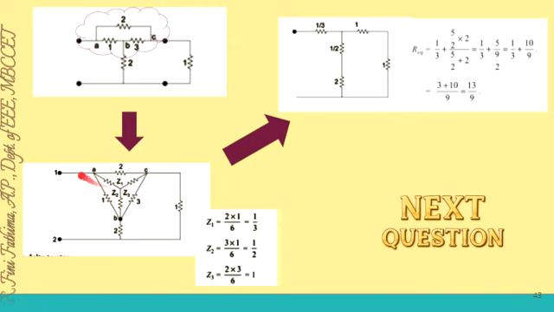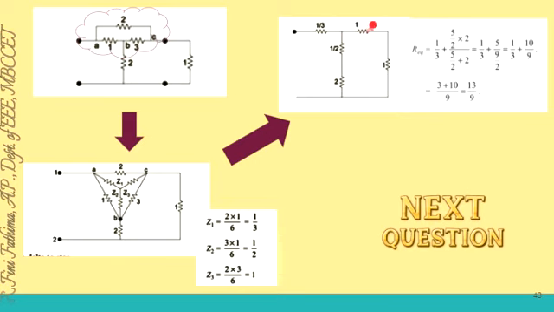So I am redrawing this. From 1 I am connecting to A, then to Z1, then to C through Z3. From here I am connecting Z1. Z1 value is 1 by 3. Then I am connecting to Z3, that value is 1, 3 into 2, 6 by 6 is 1. And then I am connecting to 1. So this delta connection is replaced by Z1, Z2, Z3 here. We converted this delta directly to star. Now the circuit becomes very easy.